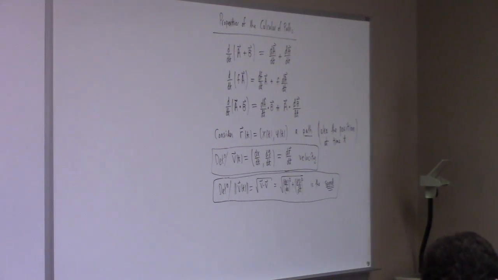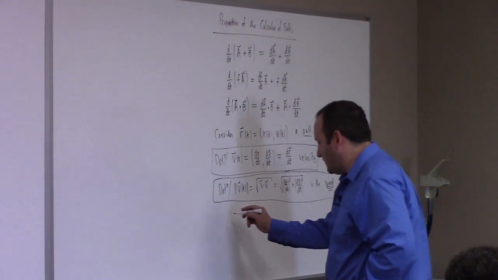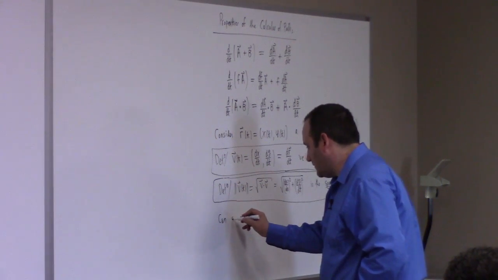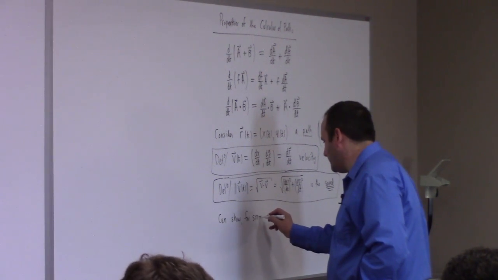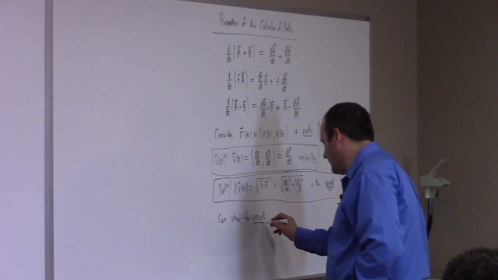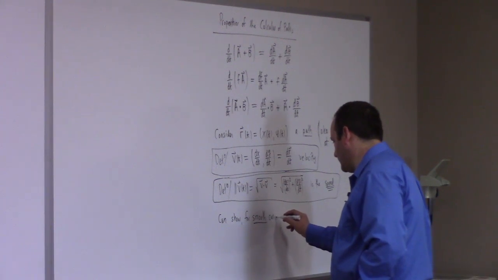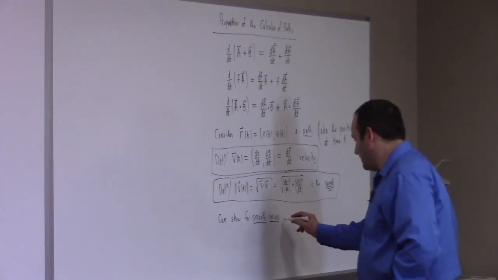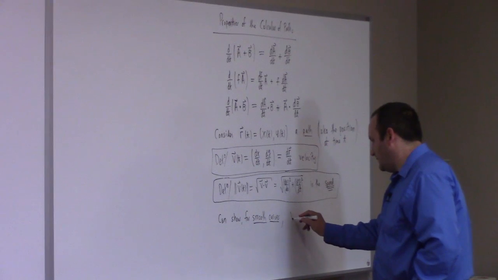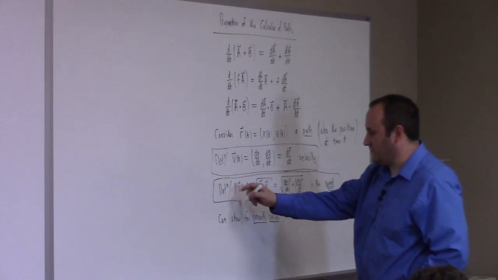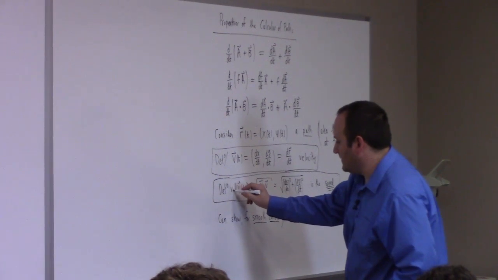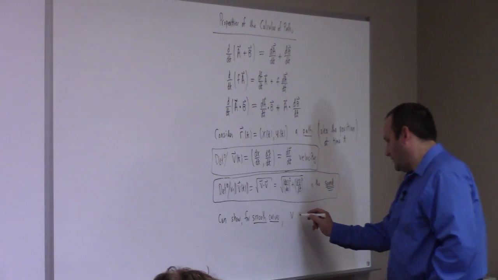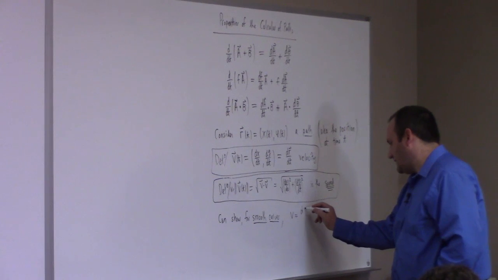What I want to show you, or I'm going to try to argue for you anyway, is that, in fact, we can show for smooth curves, at least, v, which is, by the way, also denoted v. If we drop the vector and just write v, that's the speed. Sorry. You can also write that v is ds dt,